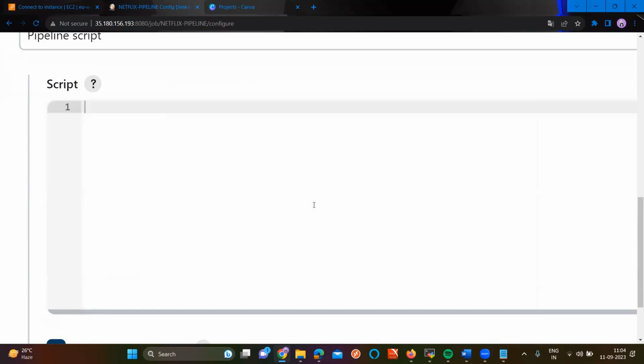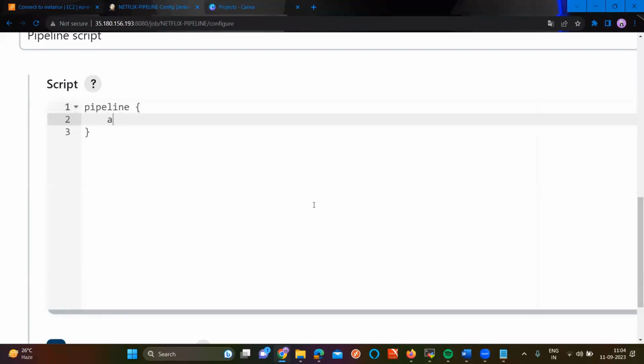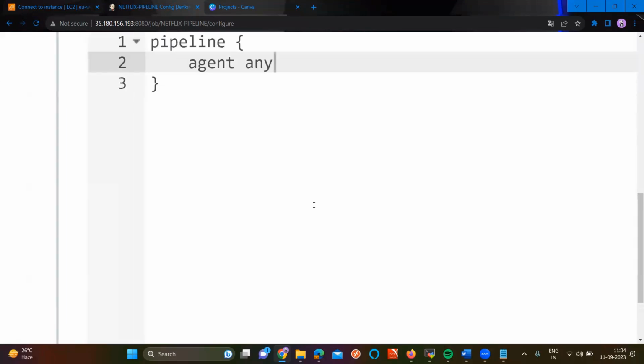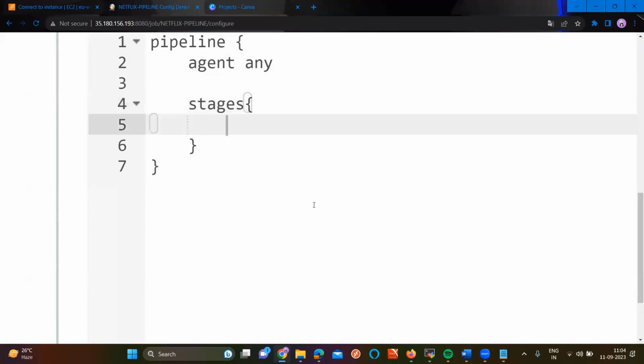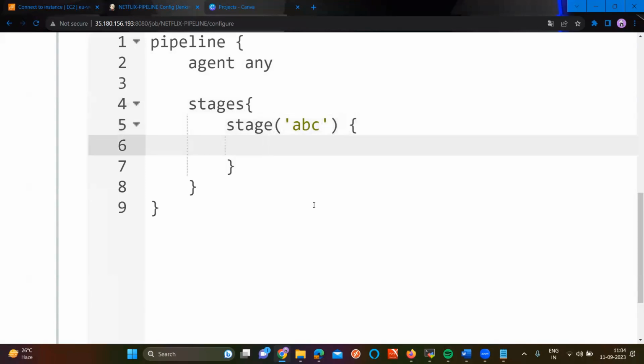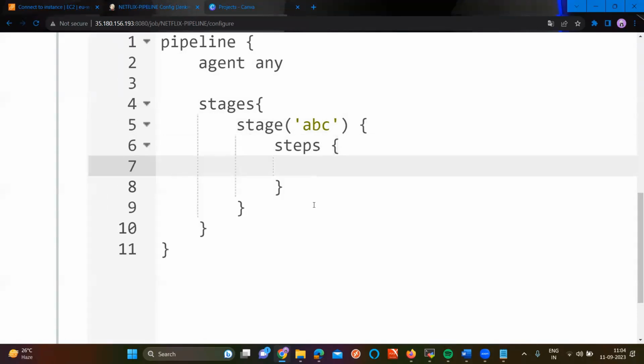Tell me the pipeline to create file2. First of all, we need to write pipeline. Next, agent means on which worker node you want to execute this pipeline. Next, stages. Why stages? Inside a single pipeline, you might have multiple stages. Next, stage, whatever name it can be. Inside this, I want to give steps. Inside this, I want to execute a Linux command. SH, touch